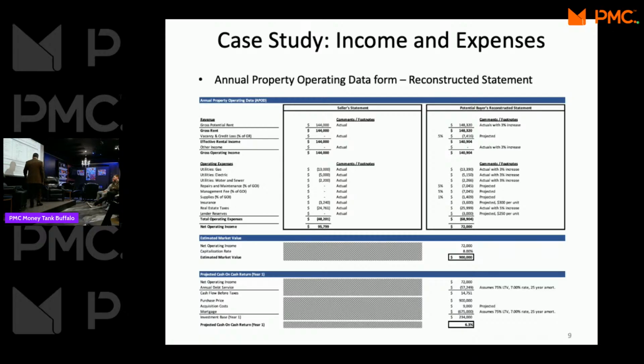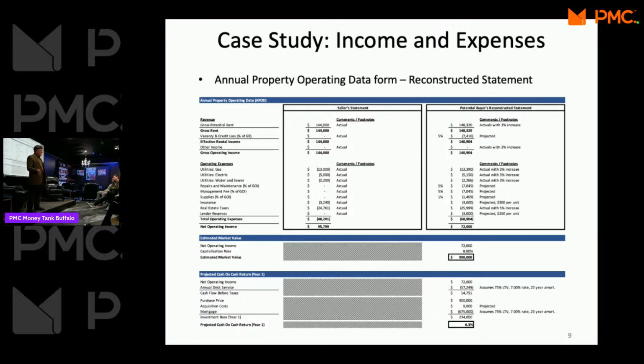And that leaves us with our cash flow before taxes of $14,000. So what does that mean? That means that if we bought this asset for $900,000, we look at what our acquisition costs are. If you're buying an income producing asset, you're going to have attorney fees, you're going to have an appraisal, a Phase 1,